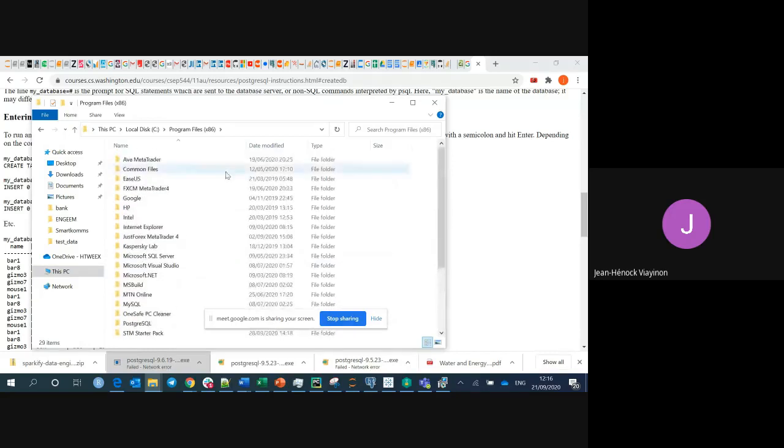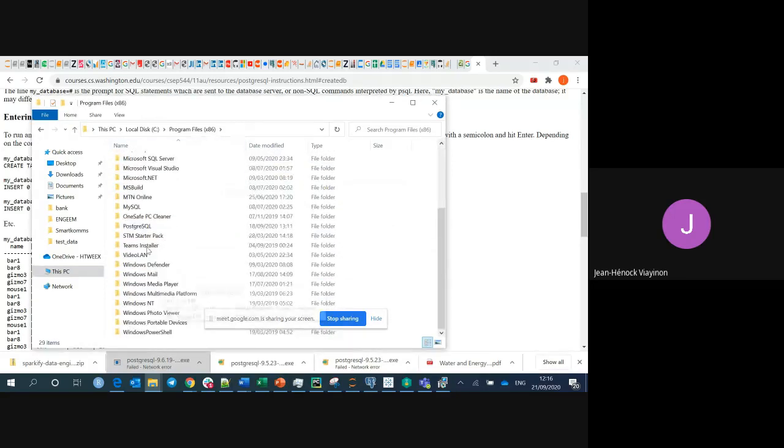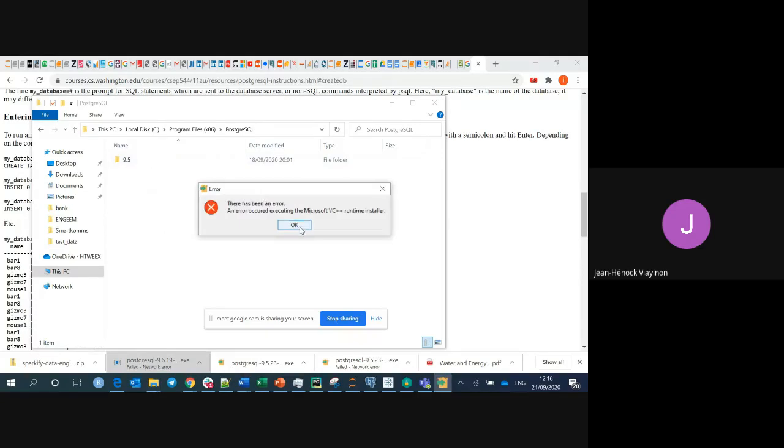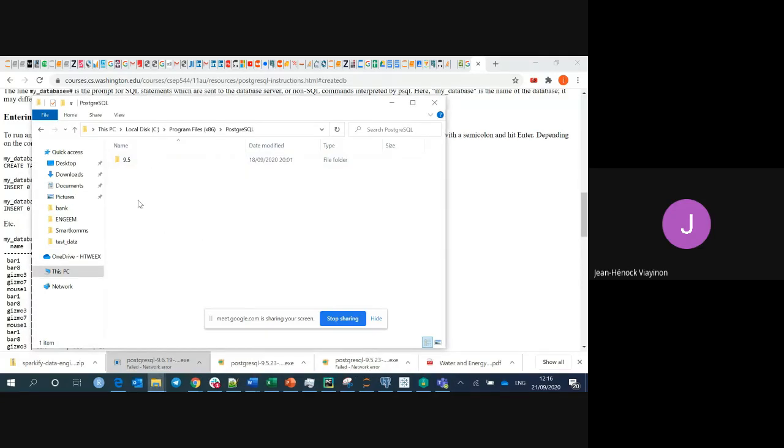Postgres. So the folder, the home for Postgres, is actually here. When you proceed with the installation, the version I have is 9.5. If you choose that one, which is the latest version for Windows, you will